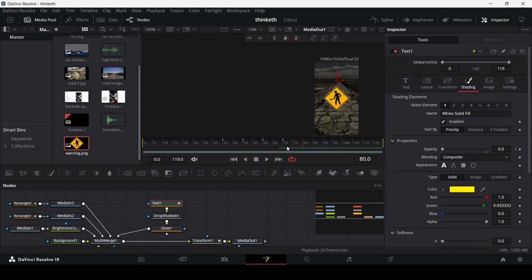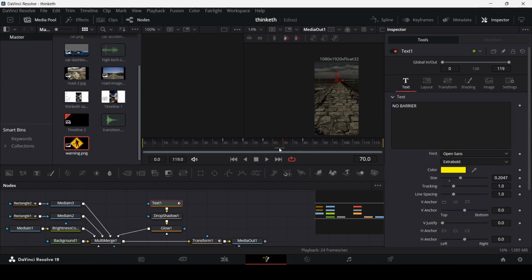And actually it's already created at 70, so we can just go over to 80 and then reveal this in. But you will notice that we have the same text, right? For this, go over at 70 and then create a keyframe right here, and just go one frame ahead and change this to no warning. So now the text will change. So if you play this